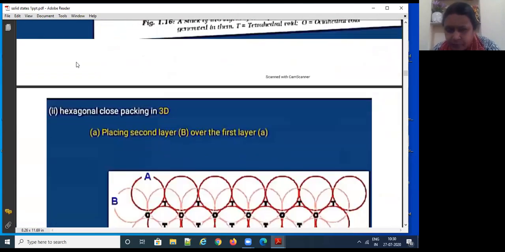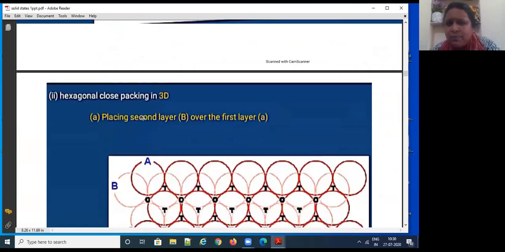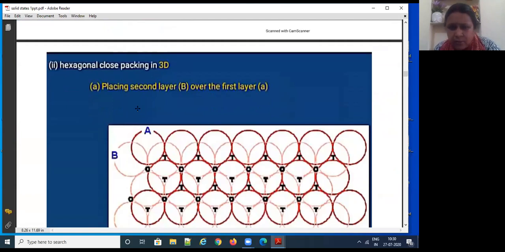नाउ हेक्सागोनल क्लोज पैकिंग इन 3D. ओके टाइम हो गया क्या? ओके मैं इसको ना, मैं